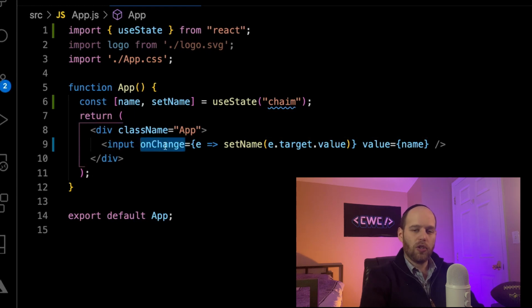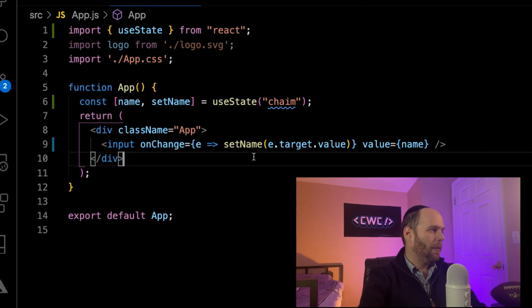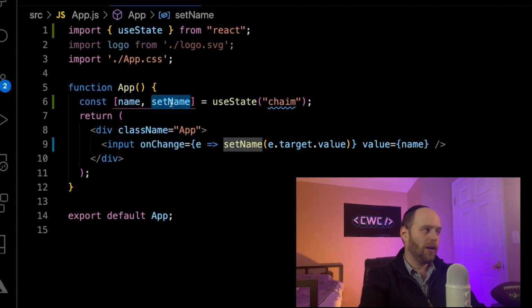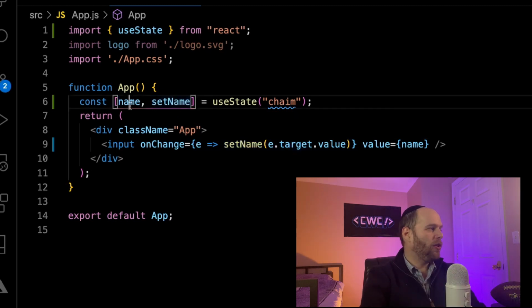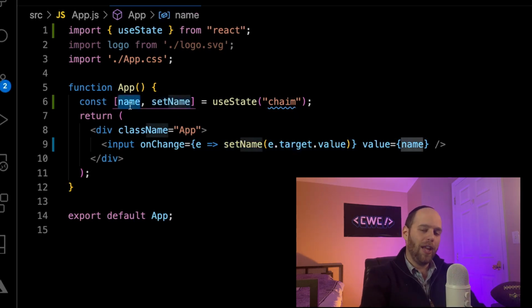Basically, this is going to get fired on every keystroke. In other words, every single time you're typing and the input value is changing, this onChange event gets called. But crucially, the most important thing we're doing now is using the updater function supplied to us by this useState hook, and we're saying setName, passing in e.target.value. So whatever you're currently typing in, pass it into setName, which is then going to update the value of name. That's going to cause another render,